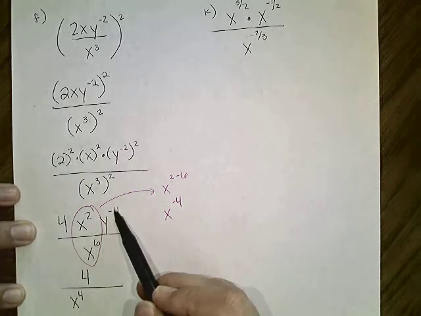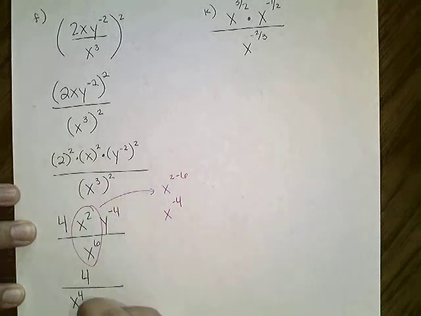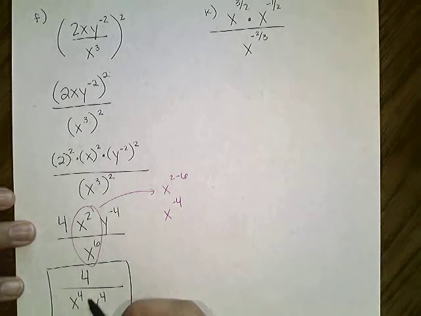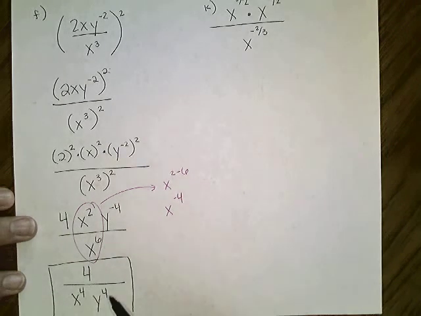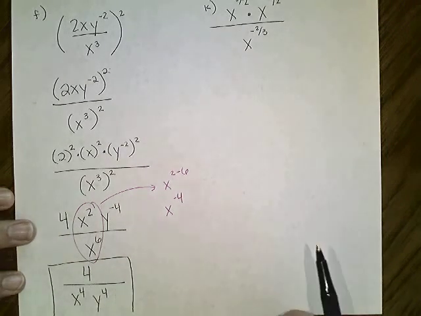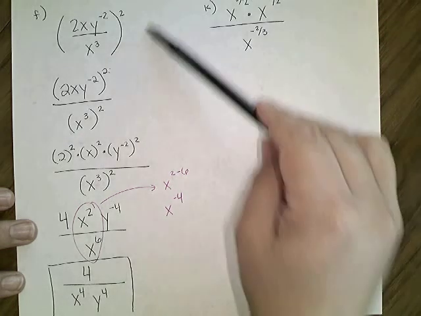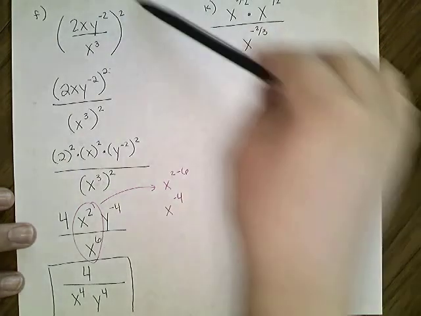Then if we look at our y to the power of negative 4, the negative takes it and puts it into the denominator as well. So we're simplified as 4 over x to the power of 4, y to the power of 4. So we have a lot going on. We need to recall a lot of information from our